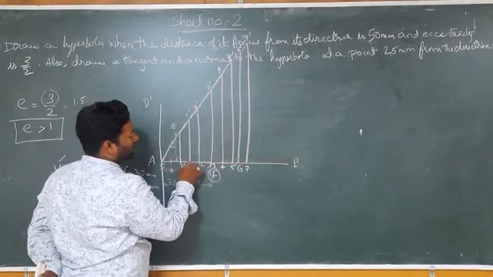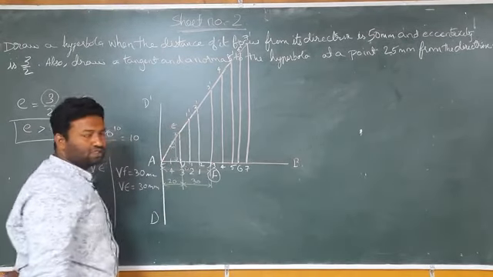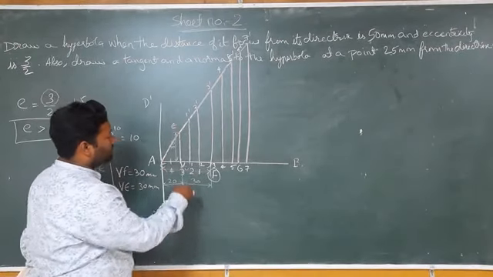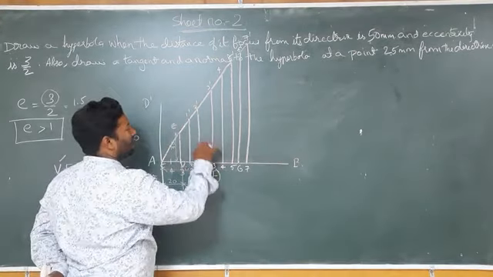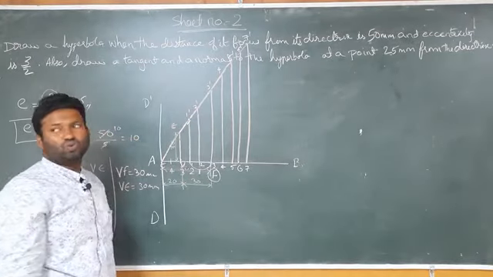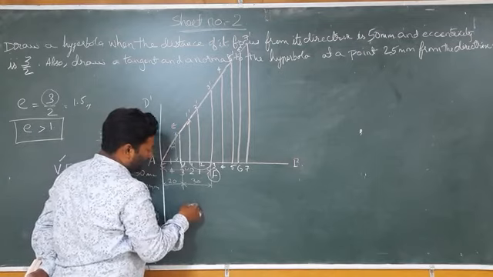Now the same thing: I will measure from 1 to 1 complement with the help of the compass. By maintaining the same radius, I will shift the center from 1 to focus, and I will cut the arc on this line, that is 1 to 1 complement, above as well as below.